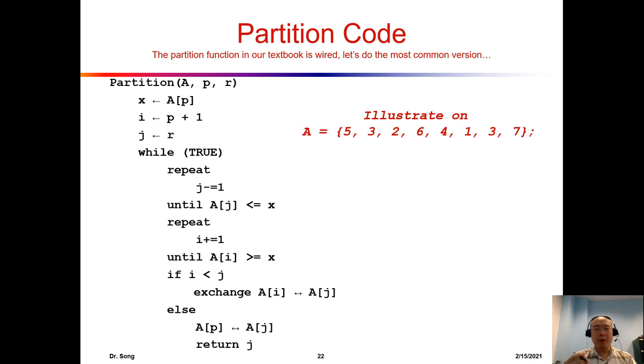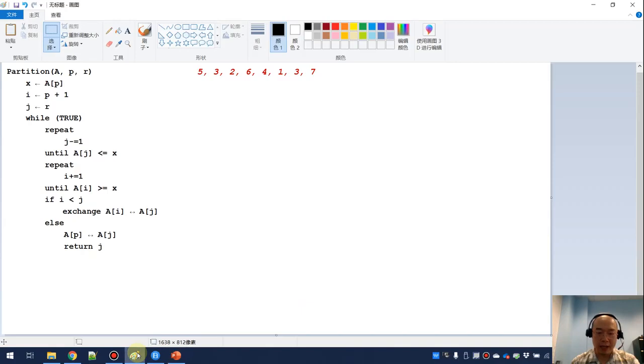Okay, it might be hard to track this code if we just read it line by line, so I want to show you an example. Let me go back to my drawing pane. We want this value to be the x, because this is the pivot. Then the second value is the index i, and the last value is the index j. Then we start the iteration, and we keep reducing the j value